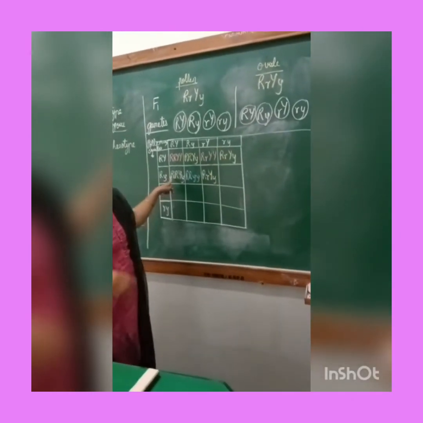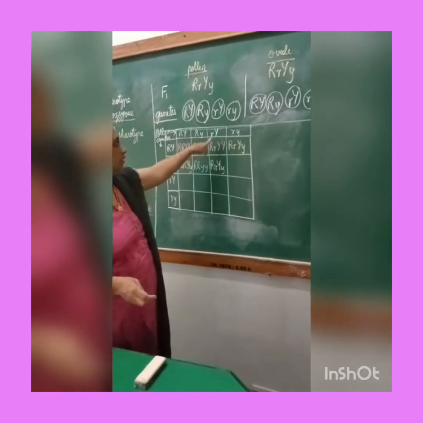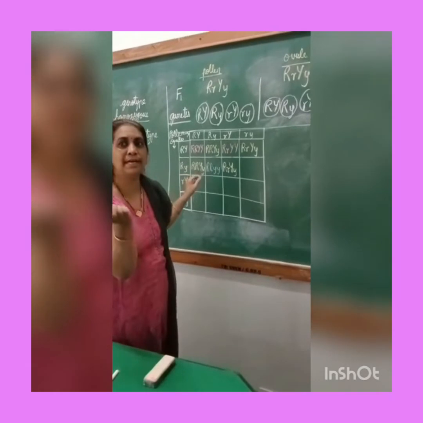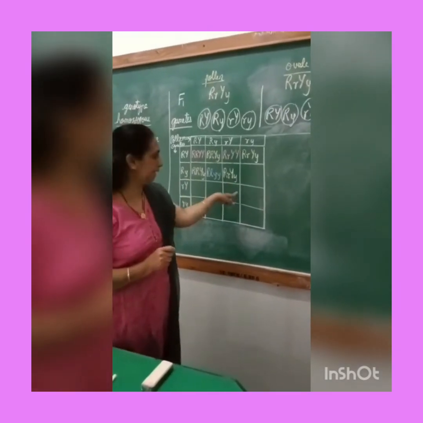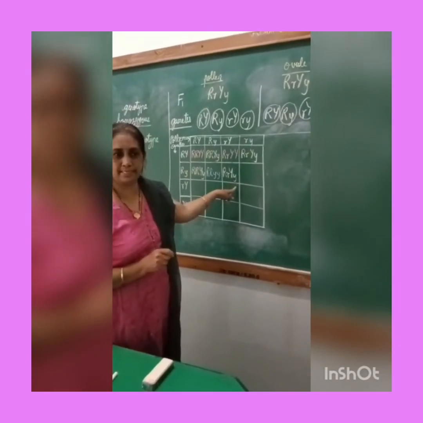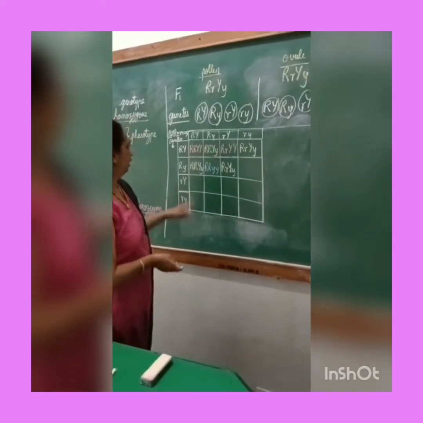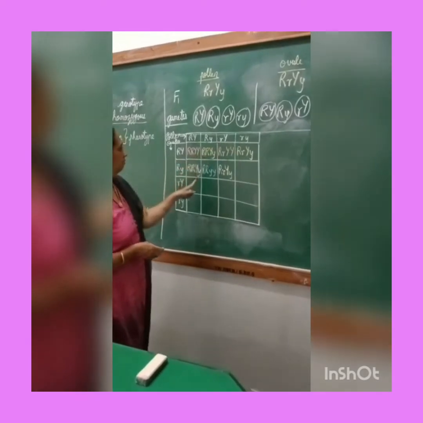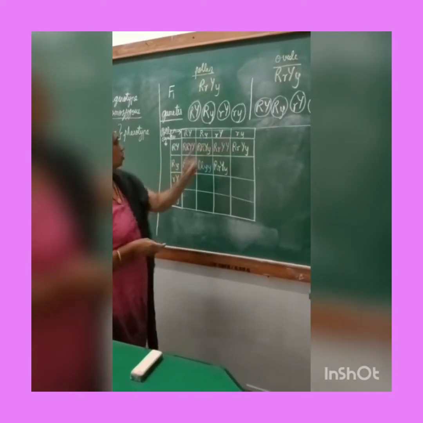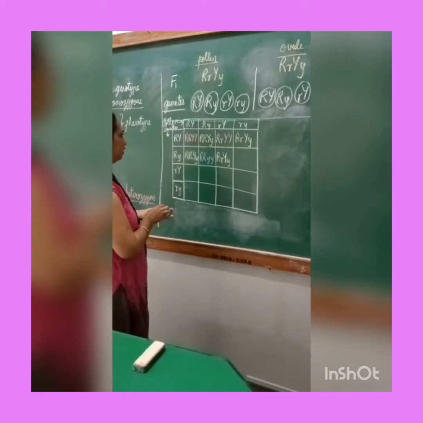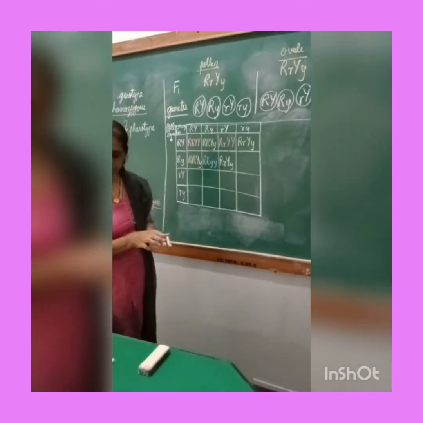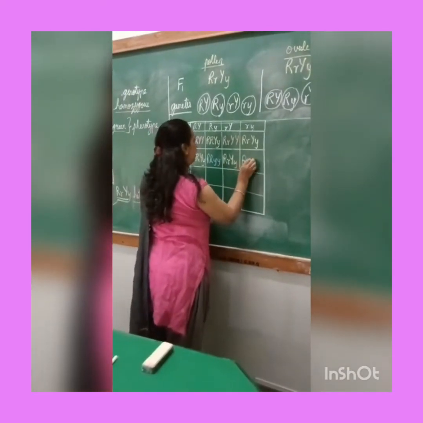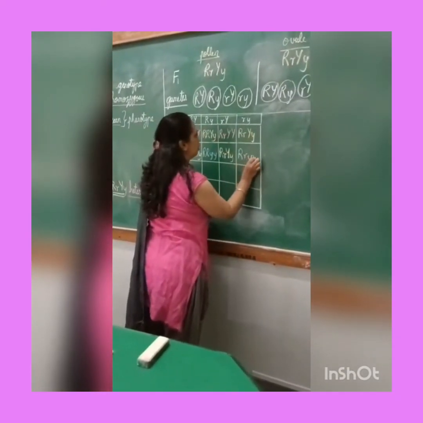Okay, so one more thing to remember here, whether the dominant gene is coming from the pollen or from the ovule, always write the capital one first and then write the small or recessive gene. Third, next combination: capital R, small r and 2 small y. Do we have that? No. So again we will write it in a different color. One capital R, one small r and 2 small y.